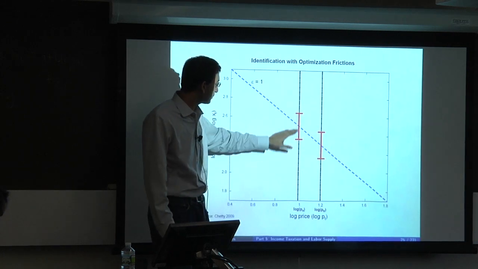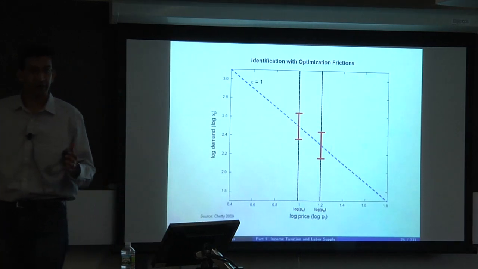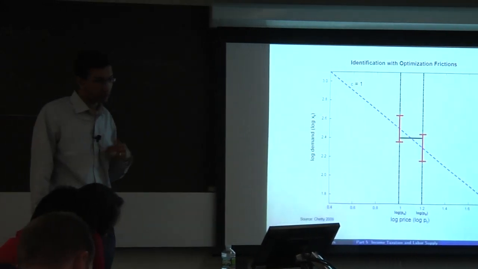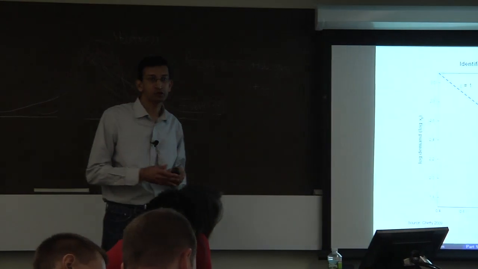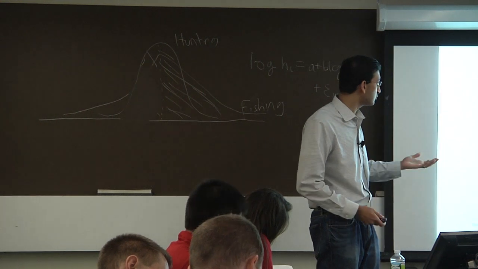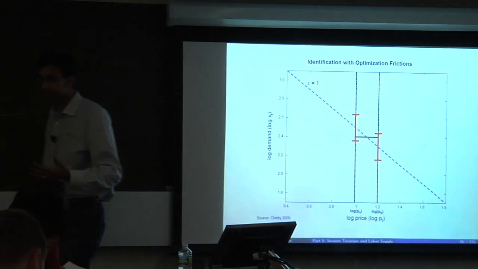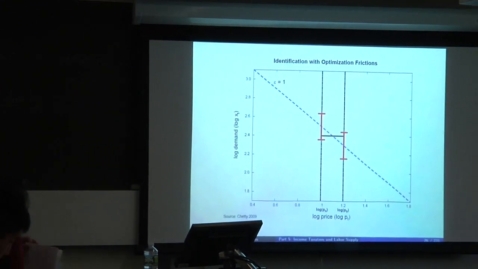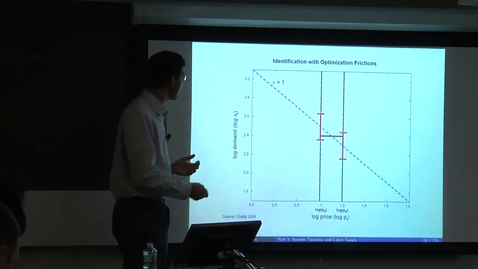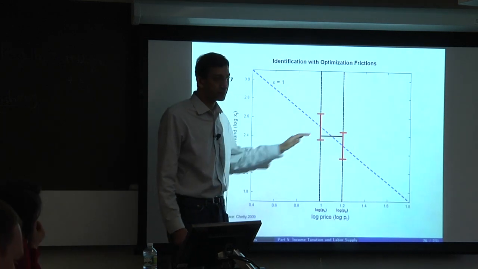And so all I know is that you're picking some point within this set at this price and within that set at that price. So now let's think about what that does to actually estimating elasticities. I'm going to show you various black lines which correspond to what I might see in the data when I change prices by 20%. The first thing that you can see is that I could well see a zero response, because the only restriction I'm imposing is that you have to be close to the optimum both before and after the price change. And so with this particular numerical example, even though the underlying elasticity is 1, I could end up seeing a zero response